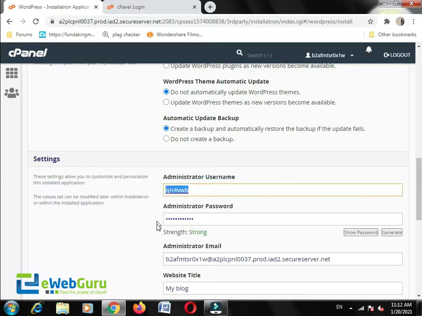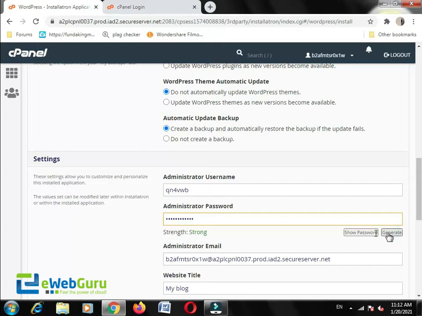Then you have to create an administrator username and password. Here you can create a username. Here you have to create your password. You can also use the inbuilt password generator to create a strong password.